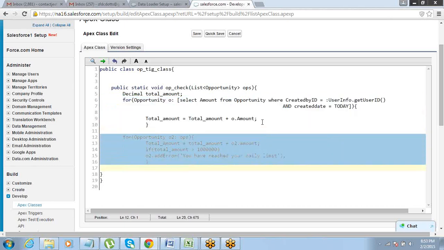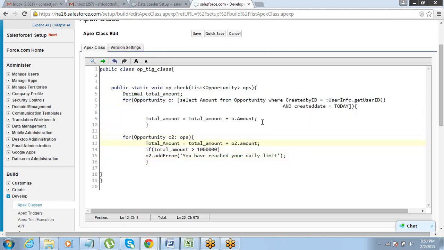Now the second part is basically going and checking for the record which is being created. As I told you, OPS is going to be the trigger.new in this case. So this loop will check the new record which is getting created. Let's say after summing up all the existing records, it comes to 800,000.